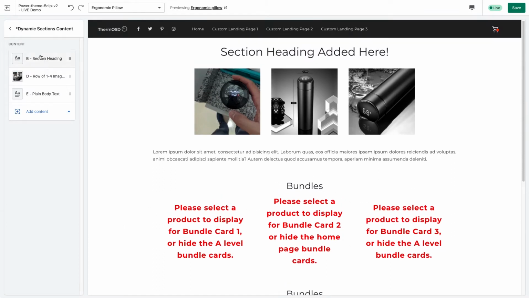So it's essentially a full homepage builder that we have here inserted on this custom landing page. And we can add as many as we want here. So if we just hop into one of these pre-built custom landing pages, for example,